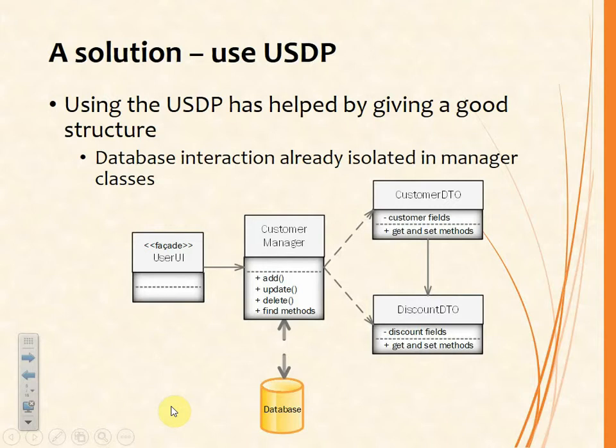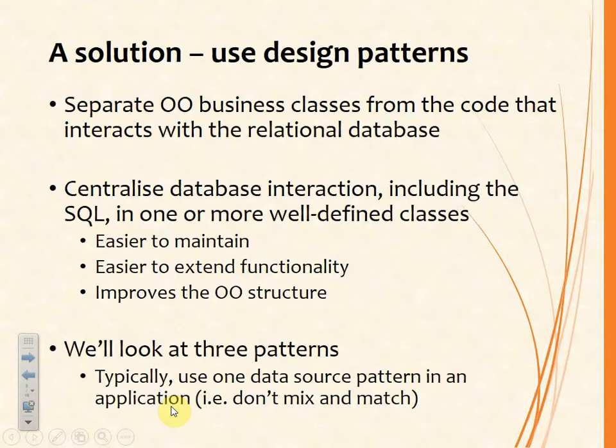And now let's think about how we could take it a step further. If we can separate the business classes away from the code that interacts with the relational database, we have a further separation of responsibilities. And as we've talked about all the way through this module, that separation of concerns is a key component of good software engineering. And so if we can do that, that will be good. If we can centralize database interactions, that's good as well. And if we can make those well-defined classes, even better. It makes it easier to maintain, easier to extend the functionality, it improves the OO structure, and so all round,